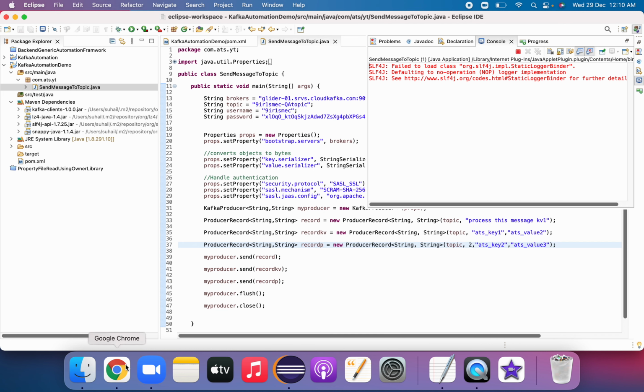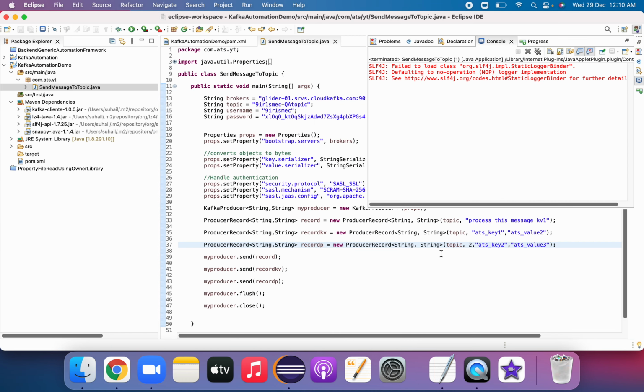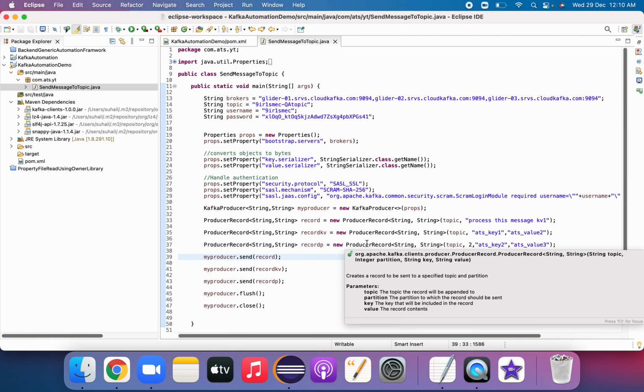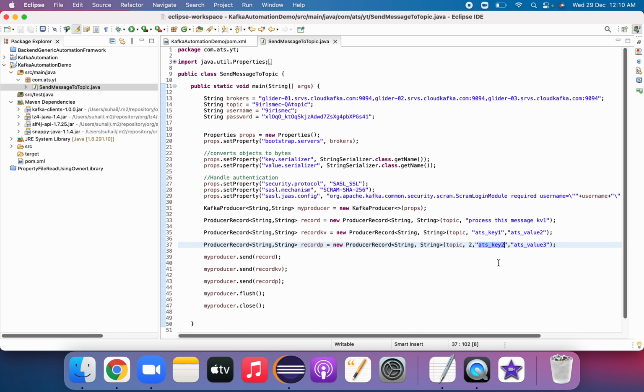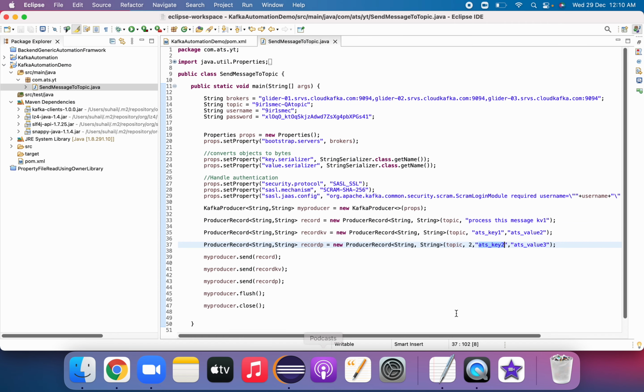See what partition we have given here. Partition value is 2. If you hover over this, you'll see string topic, integer partition. Partition number 2 we have given, and it has key ATS key 2. Let us verify: partition 2 has key ATS key 2, value ATS_value 3.